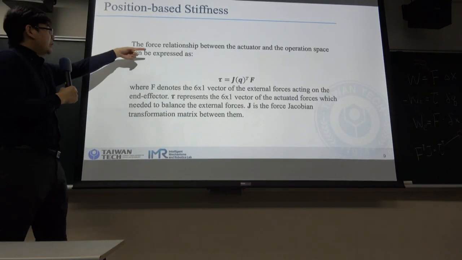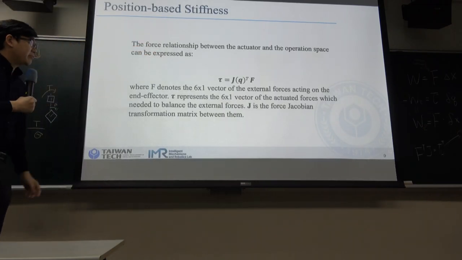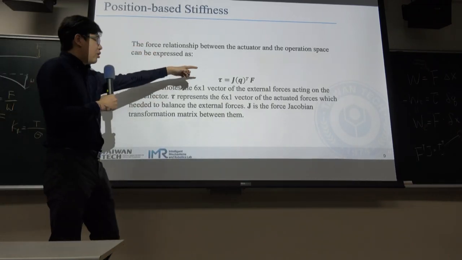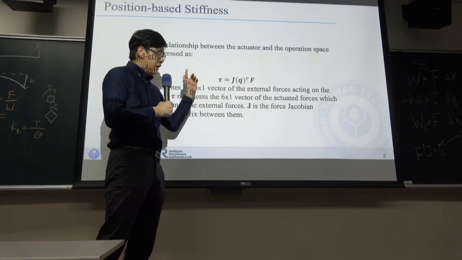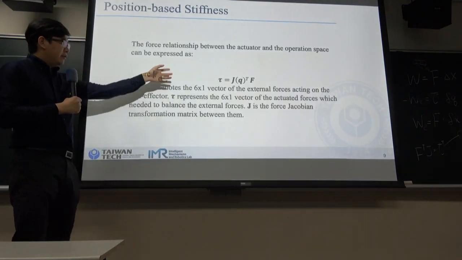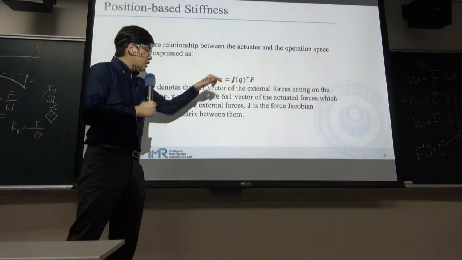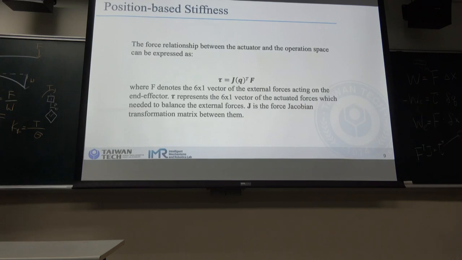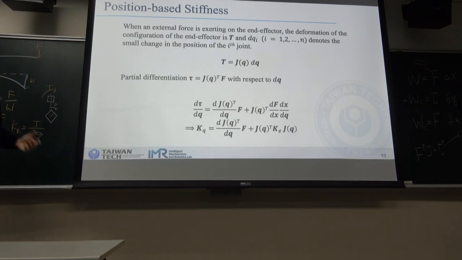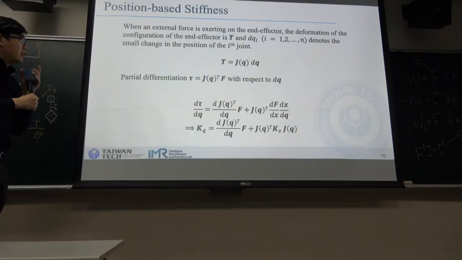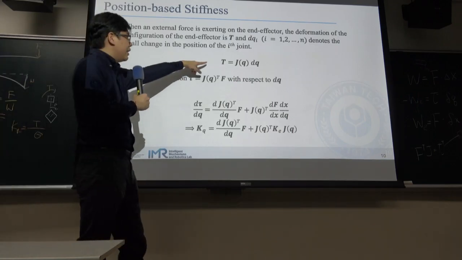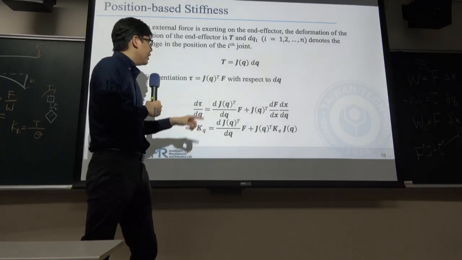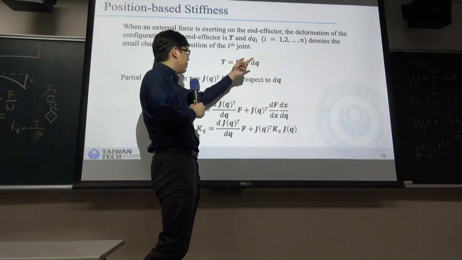And now the force relation between the actuator and the operation space can be expressed as the torque equal to the Jacobian transpose times F. This is what we already derived. So this is a static formula. And then, when the external force is exerted on the end effector, the deformation of the configuration of the end effector T is equal to the Jacobian times the